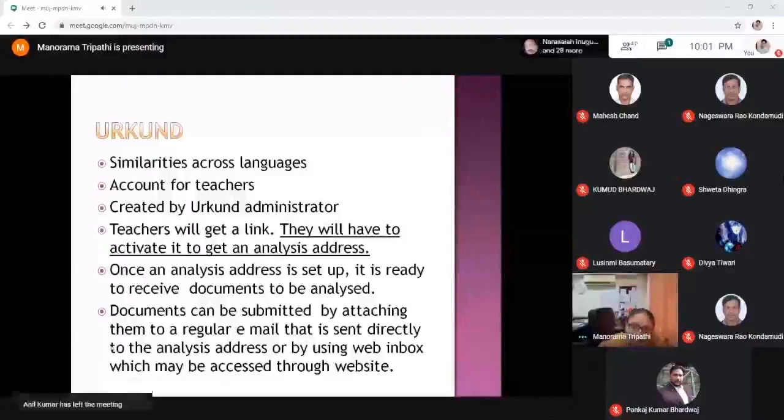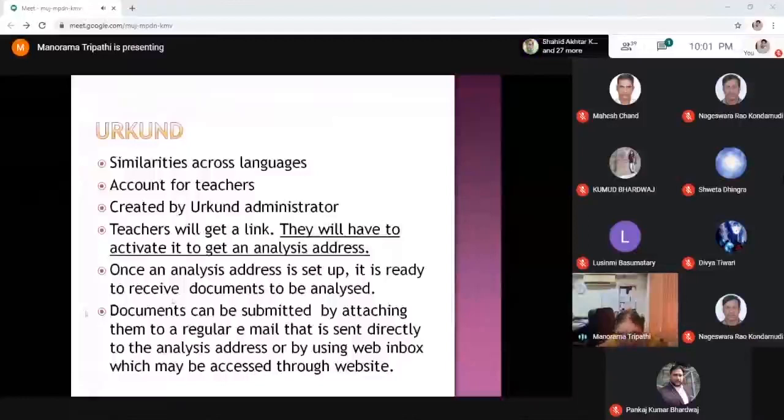So how to use Urkund? Teachers' accounts are created by the Urkund administrator, which is again a library professional. The administrator creates an account for teachers, and then the link goes to the teachers' emails.